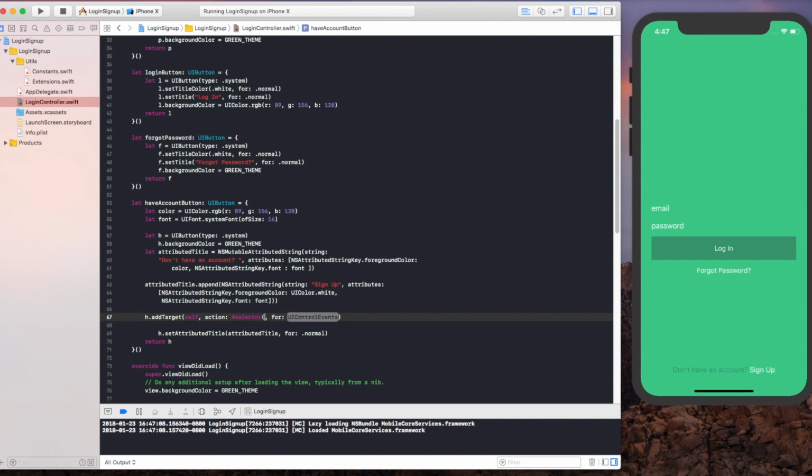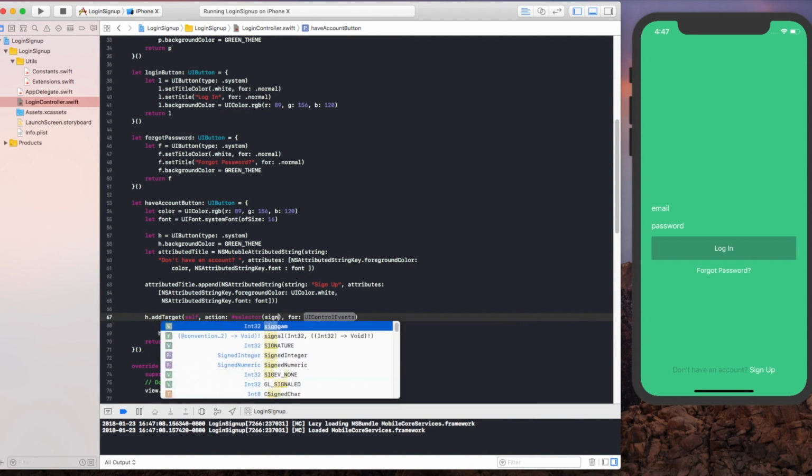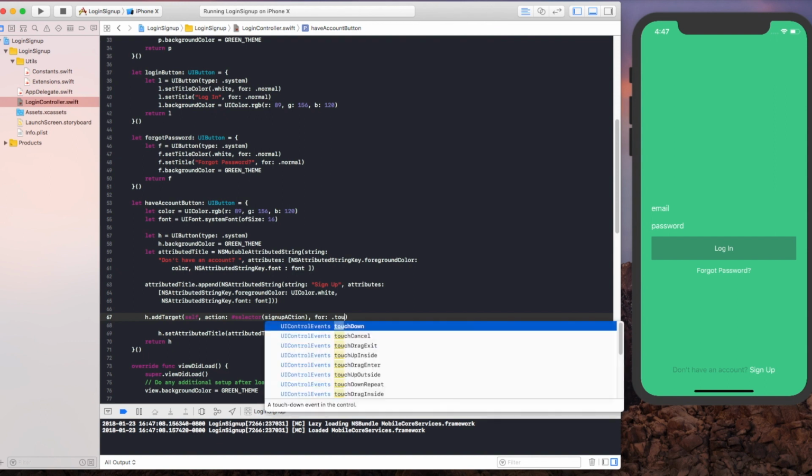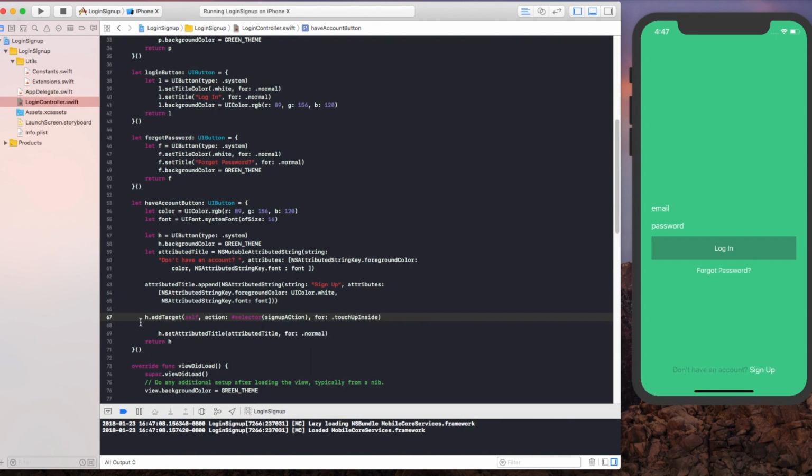Selector, let's call it signUpAction, and we want this to happen every time a user touches up inside. Sign up action. Okay,